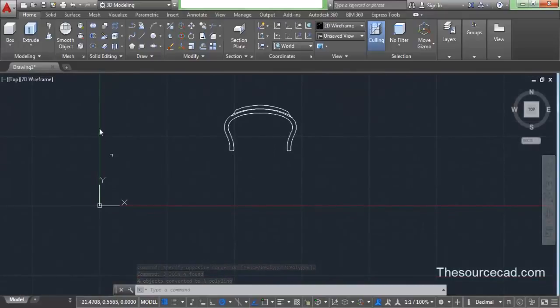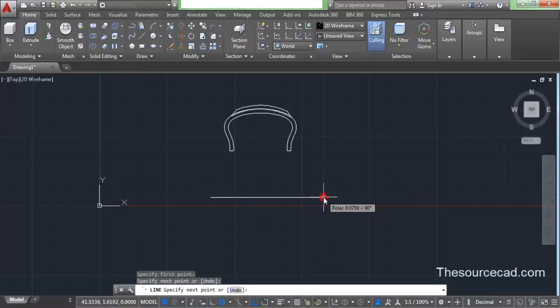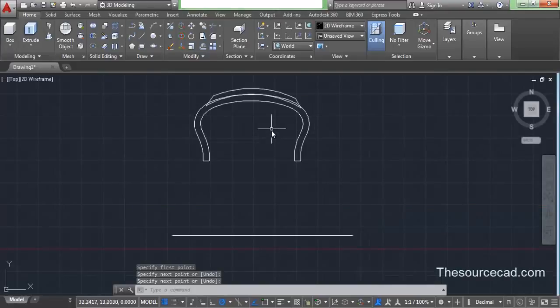Now let's go and add a few details to this. So we'll make an axis, the horizontal axis, about which we'll rotate this geometry, and